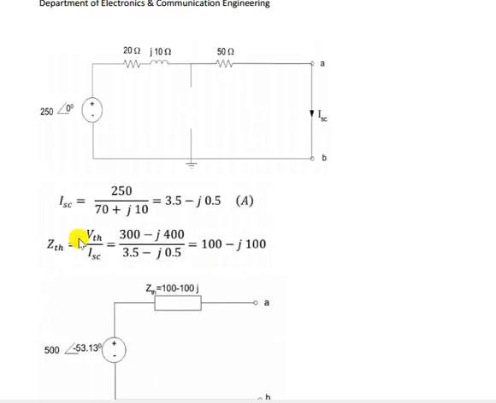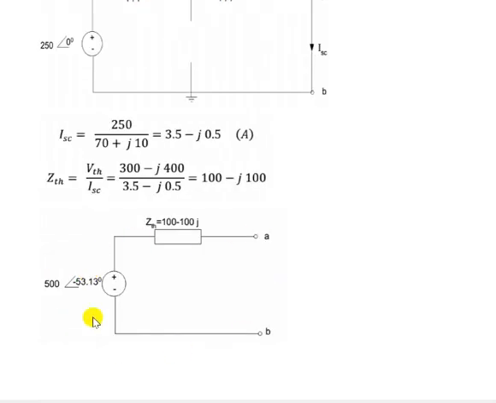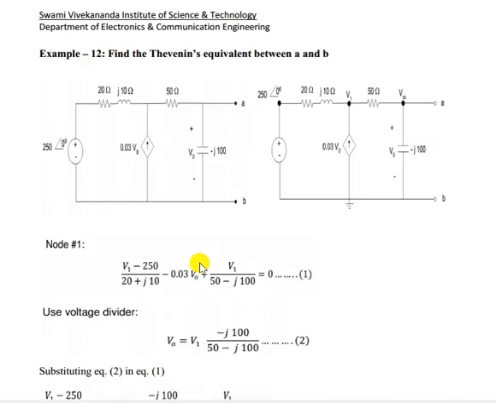So ZTH equal to VTH by ISC. So you can draw the equivalent circuit. In that case, we have to make it short circuit here. Now, short circuit with any other impedance, that will be short circuited. So V0 short circuit means V0 becomes 0. So we cannot take this value again. Due to this current source, though it is dependent, it has no effect because it becomes 0. It may be, for other problems, that it cannot be 0. Then you have to keep it as it is and calculate the ISC.